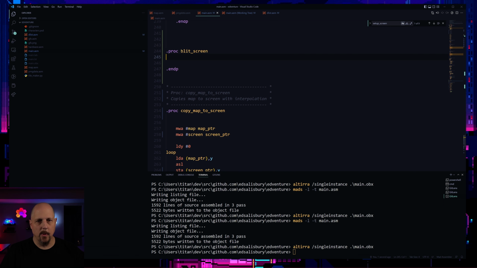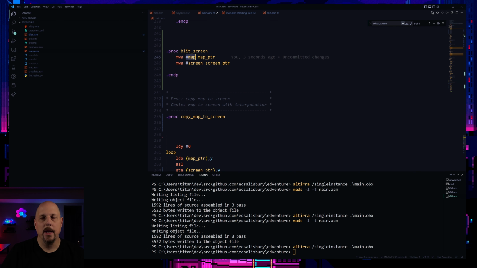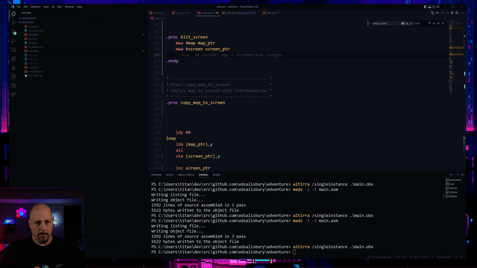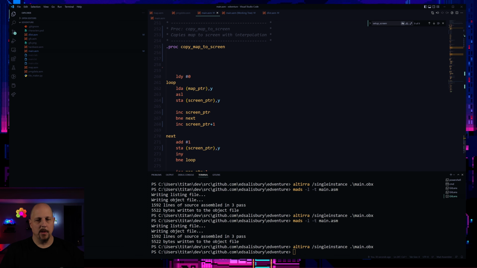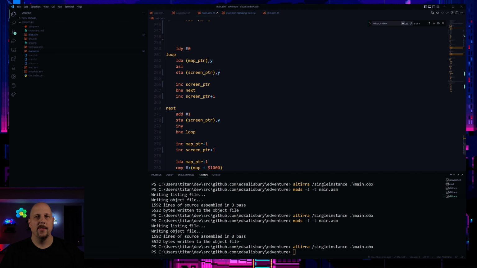And we're also going to want to copy the map to the map pointer. We're going to be writing those to the zero page addresses for map pointer and screen pointer. So those are 92 and 93 for map pointer, and 94 and 95 for screen pointer. Okay, so we are going to be using a very similar style, because we had this already